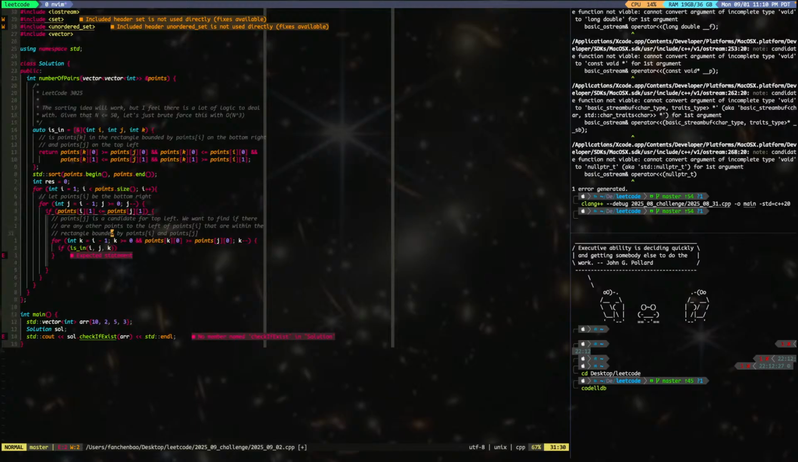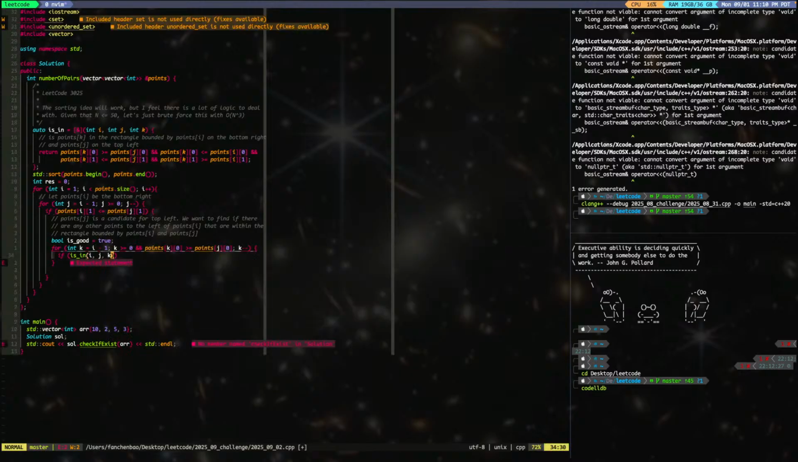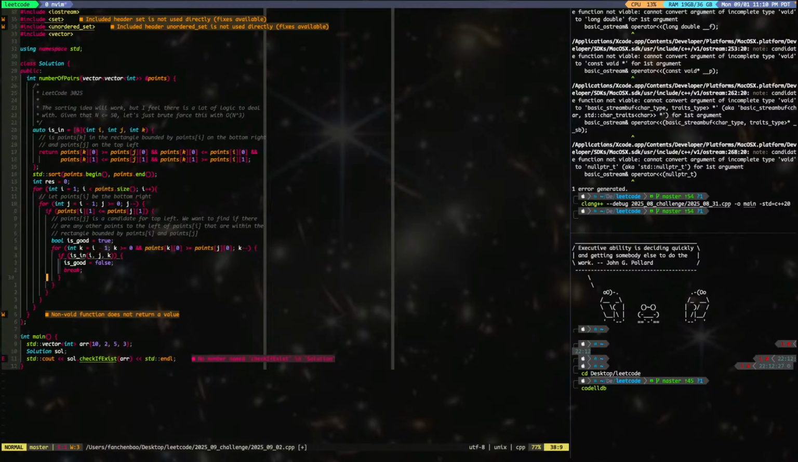Okay, so here we need to say boolean is good. It's good is true, but once one of them is in, that means is good is false, and then we shall break it. Right, so it's bad. So the goal is to go through every single one in between k, in between j